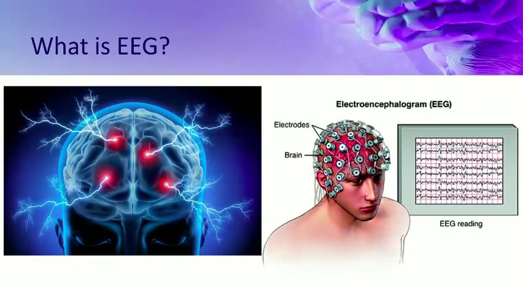So what is EEG? Our brain is made up of a network of small cells called neurons, and those neurons communicate with each other using electrochemical signals that enable us to think, feel, and interact with the environment. As these electrical charges are responsible for brain activity, we can listen to these communication signals and gain many insights into our brain's functioning. This forms the basis of electrophysiology. We can do this by placing small electrodes on the head, as shown in the picture. So this forms one of the most fundamental diagnostic tools that can be used by a neurologist.